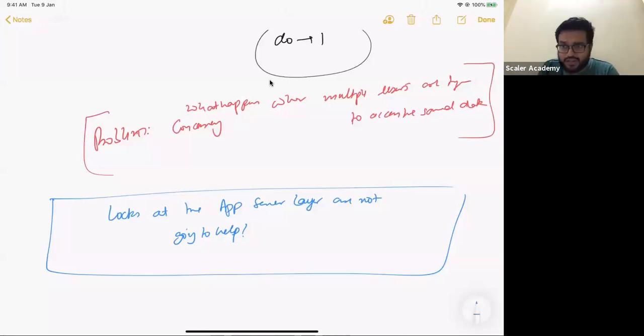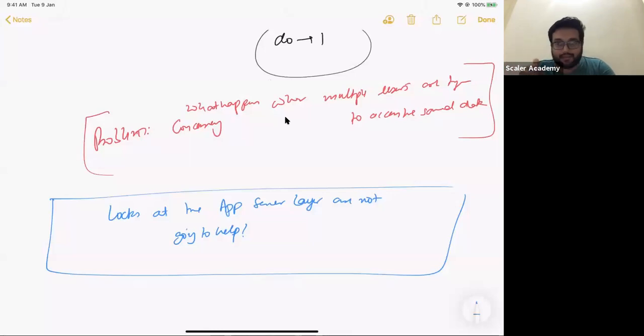Okay, but relational databases, so your MySQL, your PostgreSQL, your Oracle DB, all these SQL DBs come up with some guarantees out of the box, so that as a developer, you are shielded from having locks at the DB yourself. Does that make sense to everybody in the class? So a normal developer working at any organization need not worry about the locks that he or she has to put at a DB level for relational databases, because this is given to you out of the box.